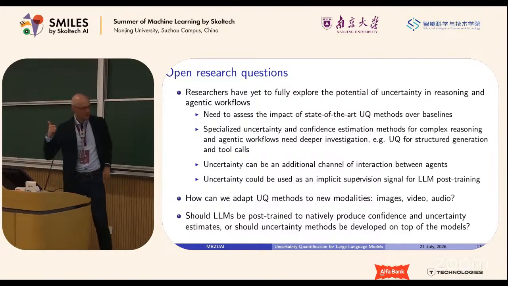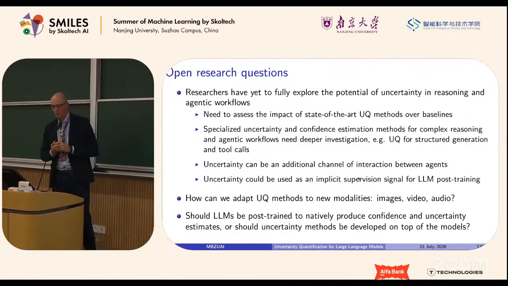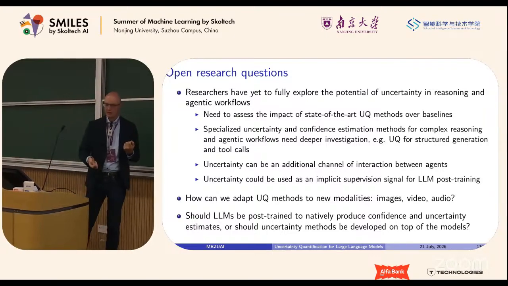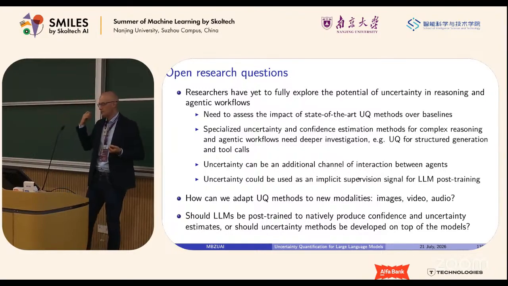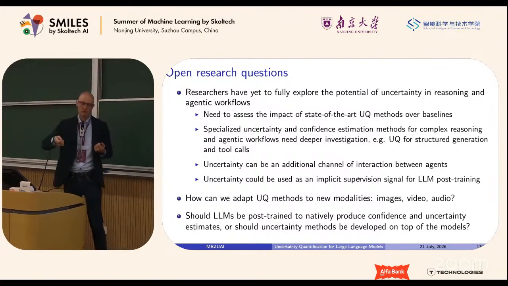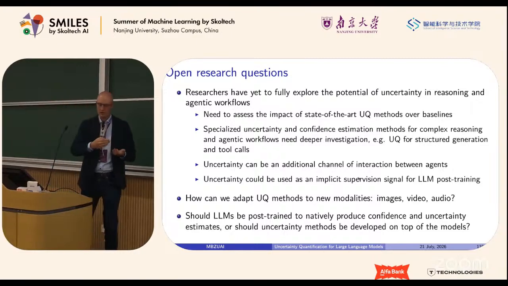The second thing that we're investigating is, of course, other modalities. And the third thing that we are investigating right now is whether we can do alignment of a language model, and whether we need any uncertainty on top of that. Once again, we can try to train the model to be honest, right? The question is, do we need anything on top of that? Right now, my intuition says that uncertainty will still be a useful technique, even if we post-train our model, because post-training usually does not deliver such good results as we expect. And moreover, we can do something on top of that all the time.